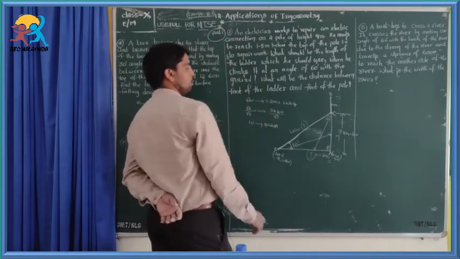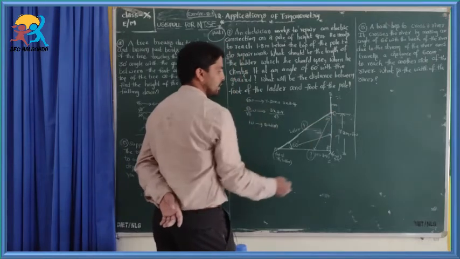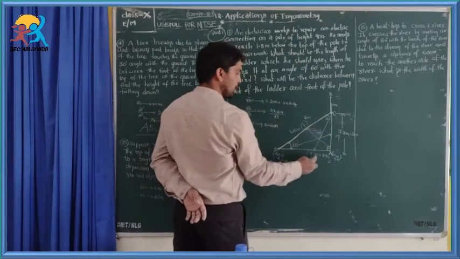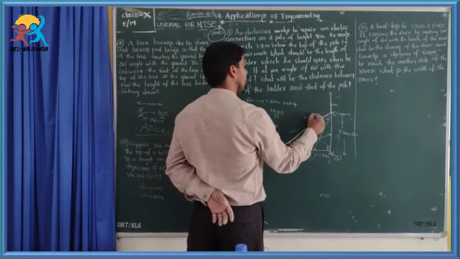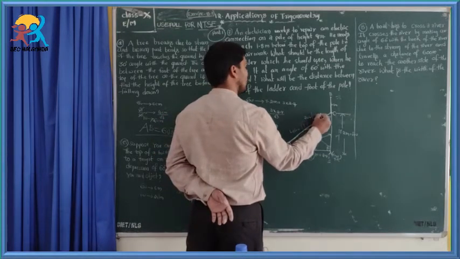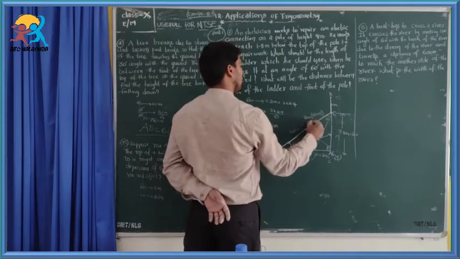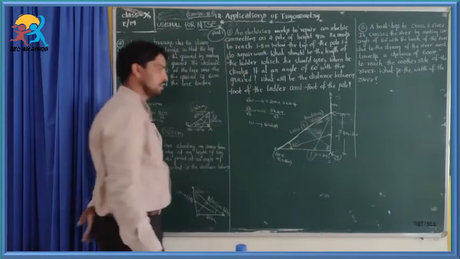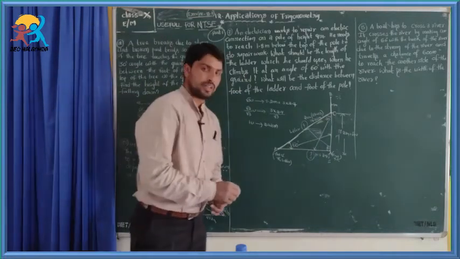And we have to find the length of the ladder, which is opposite to 90 degrees. This is 2 units. As 1 unit is 2.4 root 3, 2 units is 2 times 2.4 root 3. 2 into 2.4 is 4.8 root 3 meters. In this way, we can find the answers easily.